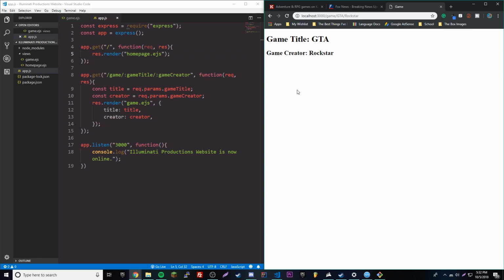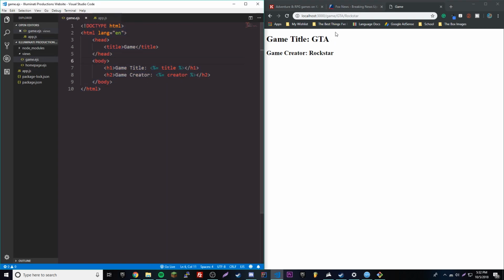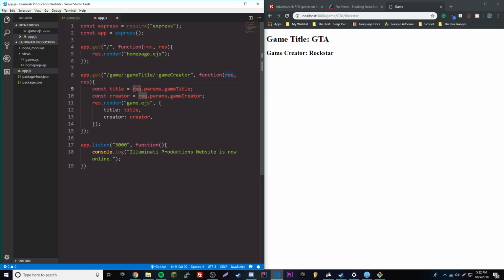So obviously, we have a good implementation of an EJS template here. We're able to use EJS code to get our information from our routes and then hook it into our web page here. So hopefully y'all have a firm understanding of how that works now. That's pretty good, right? So we're going to build upon that. Hopefully you have enough practice, like I said, and you understand it, right? So we're going to build upon it by making,